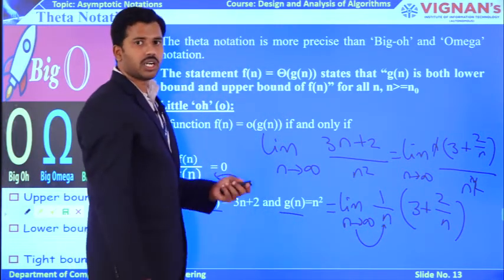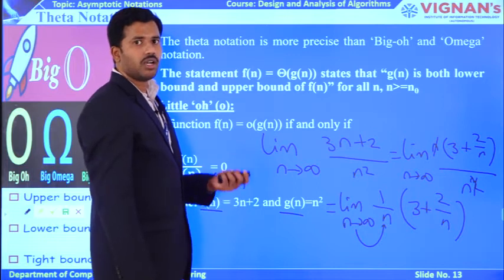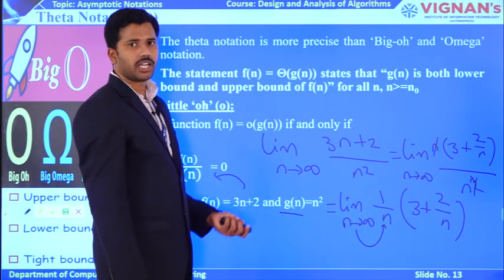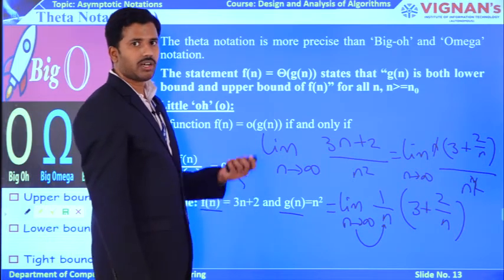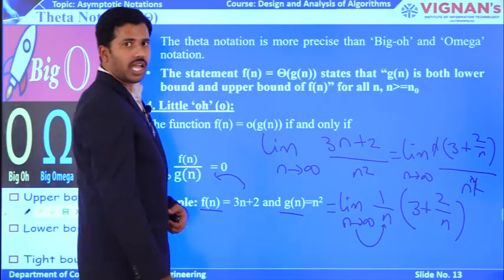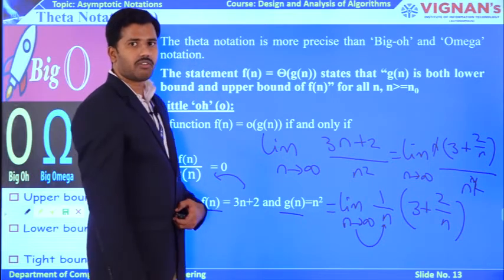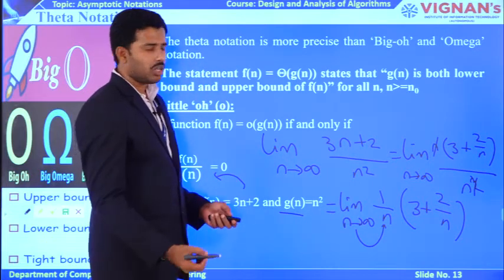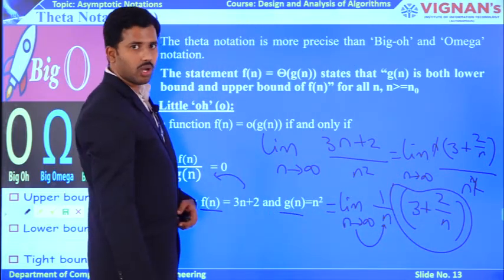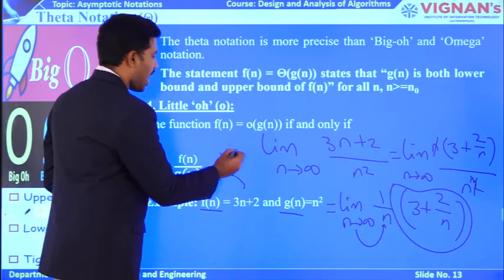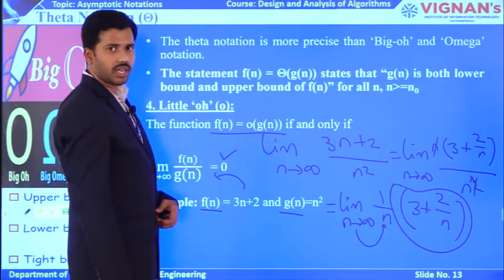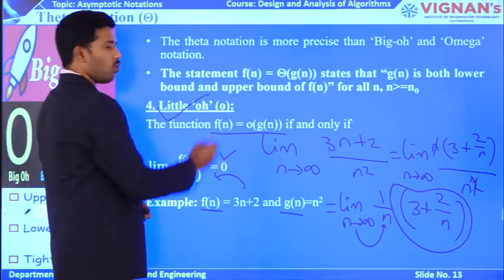So what happens if you substitute infinity for n? In limits and continuity there is one formula: the limit n tends to infinity of 1 by n is 0. Why do you get 0? Substitute infinity for n. So 1 by infinity, what is the value of 1 by infinity? That becomes 0. So 0 into this entire expression becomes 0. If you are getting the result as 0, ultimately I can say that my f of n as well as g of n have a relation with little o.